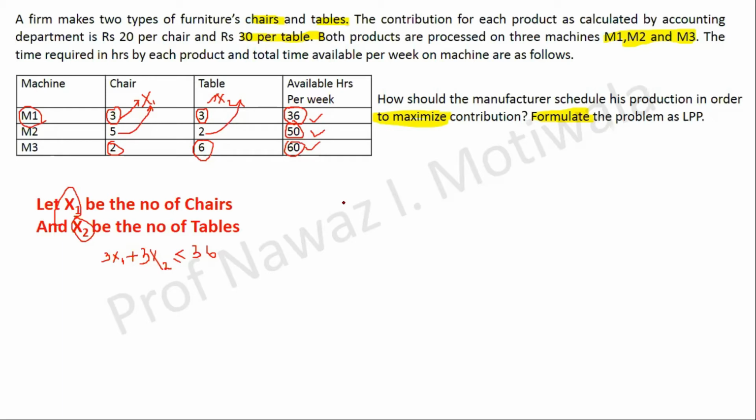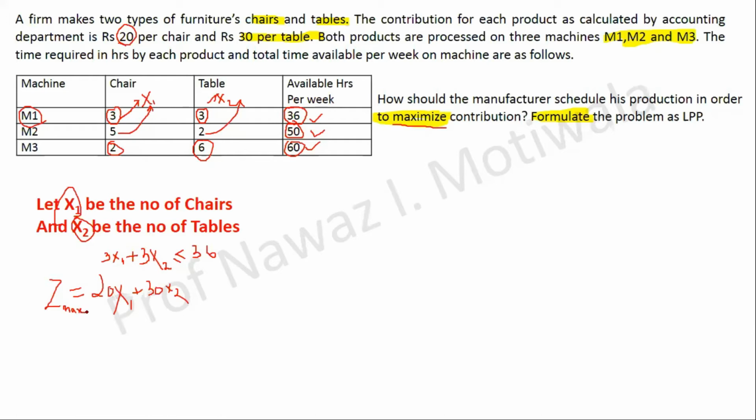So I will get my equations, and as our objective is to maximize the contribution, that is, maximize the profit, and we are given that one chair gives us rupees 20 as profit. So total profit will be how much? It will be 20x1 for chairs, and one table gives me a profit of 30. So total profit for tables will be 30x2, and we have to maximize this total profit. Hence I will write Z max is equal to this, and this completes our formulation,